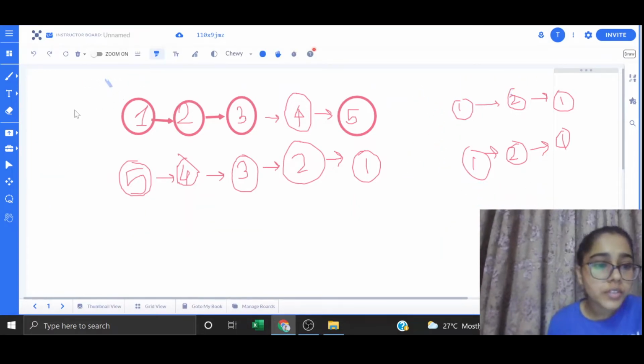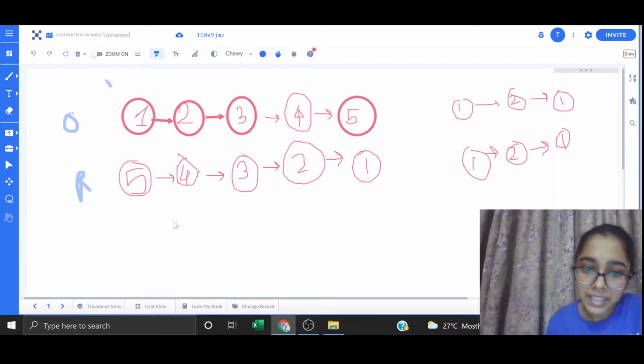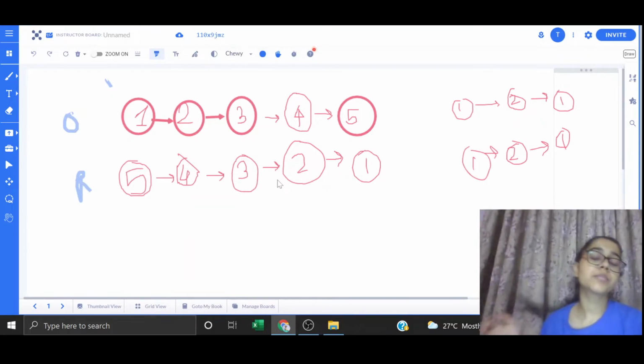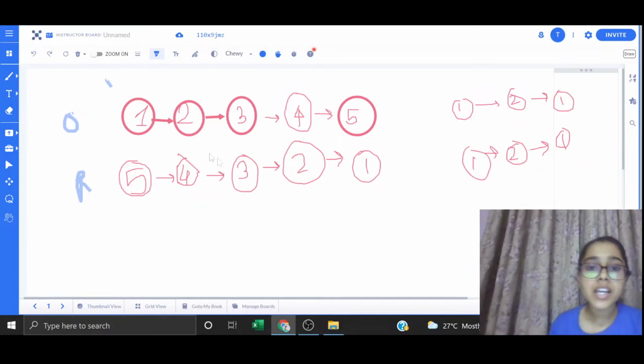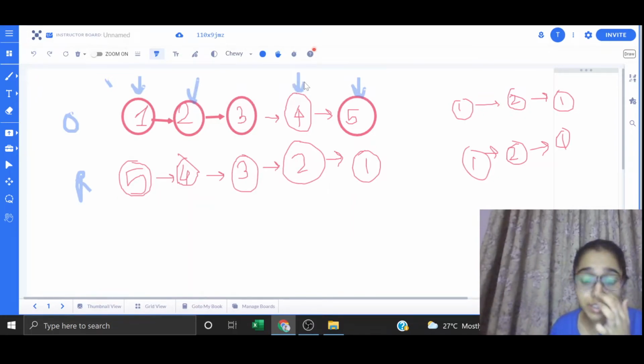So now what we will do is, this is the original linked list and this is the reversed linked list. But here we actually do not need to reverse the entire linked list. There is one very smart observation, if you are able to see it: we are just comparing this value with this value. We do not need to reverse the entire linked list.